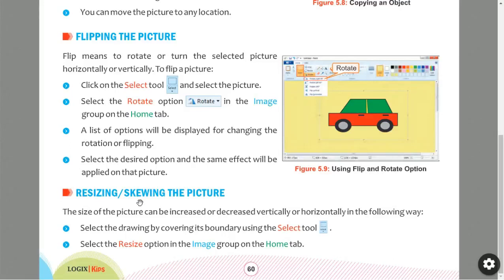And if your picture is in MB and you want to make it in KB, meaning in kilobytes, you can change the size. So that also I'll show you, how to do all of that.